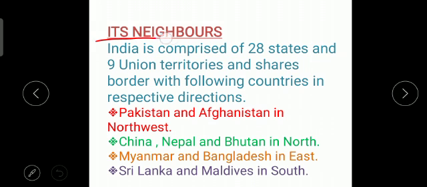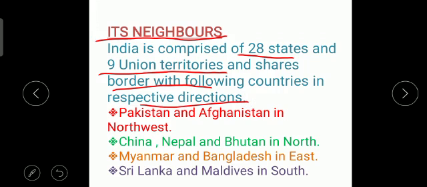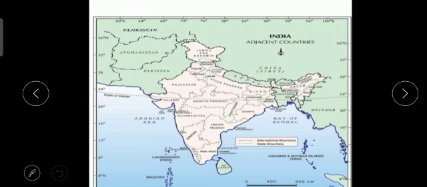India and its neighbors. India is comprised of 28 states. There are 28 states in our country and 9 union territories, and India shares borders with the following countries in the respective directions. On the basis of direction, India shares its border with many countries. Like in